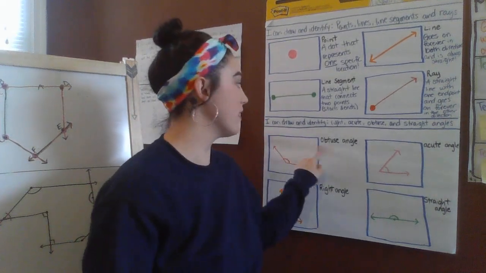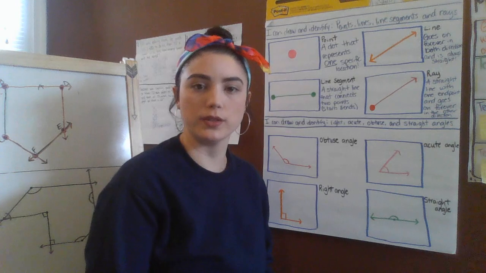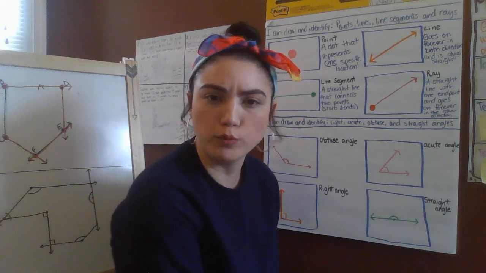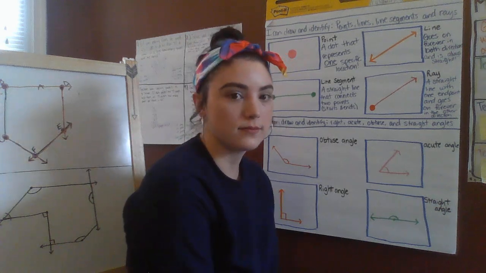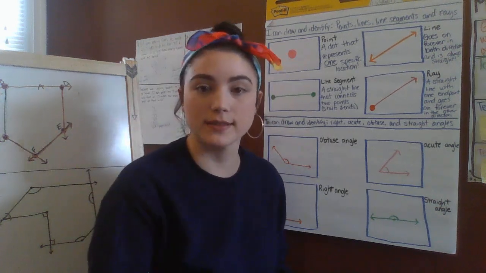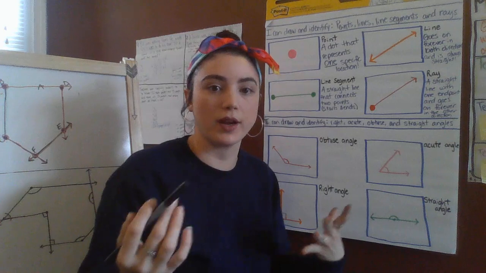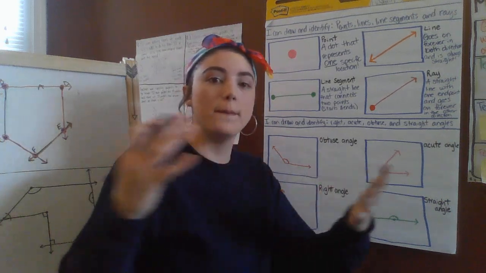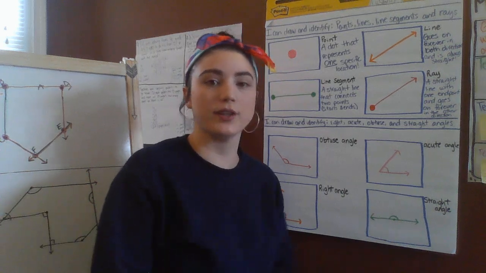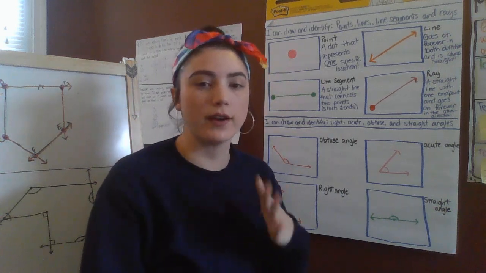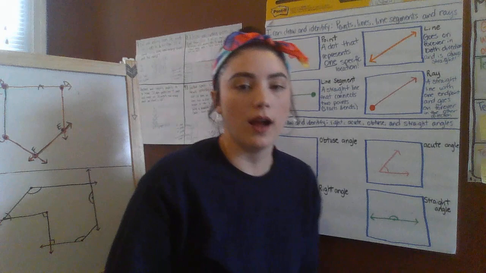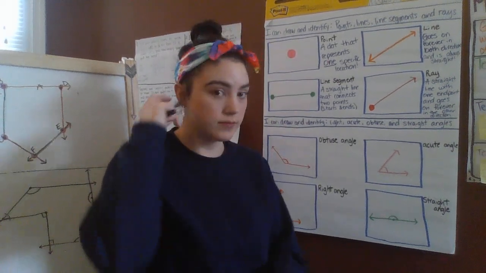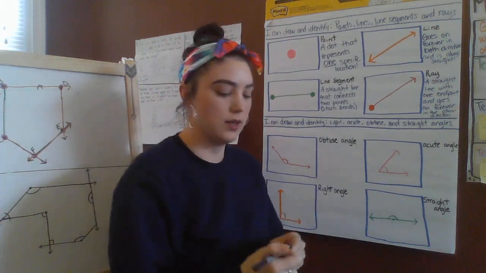Okay, so the first angle that we have is called an obtuse angle. What do you think of when I say obtuse? Obtuse. To me, it sounds like obese. And obese means large, bigger. So an obtuse angle is bigger than 90 degrees. 90 degrees is going to be a very common reference point for us. We're going to talk about either bigger than 90, less than 90. Okay, so an obtuse angle